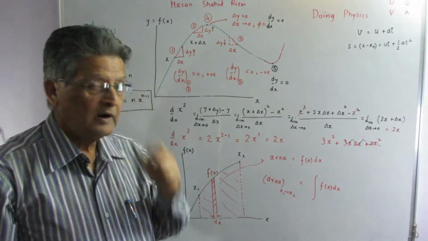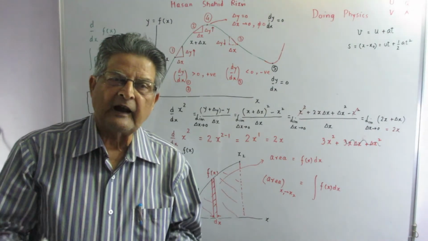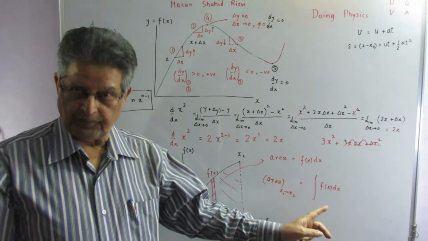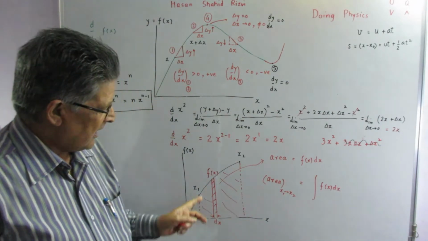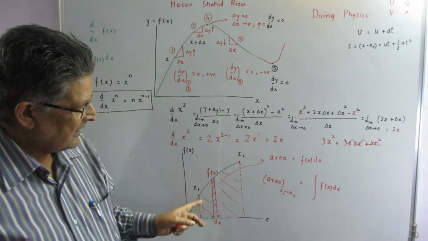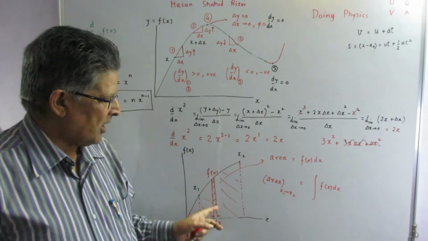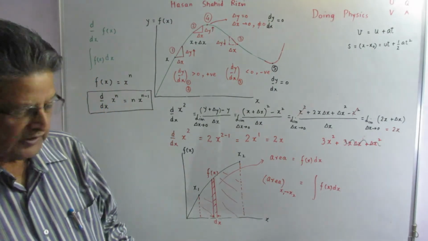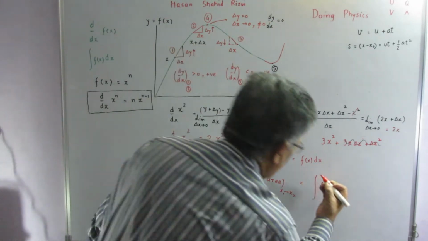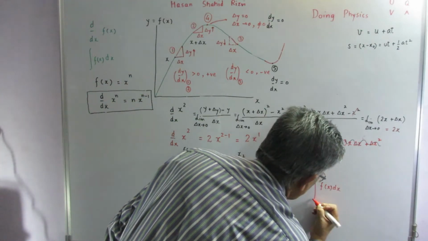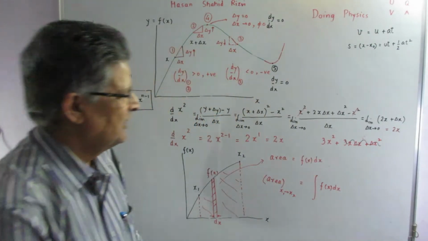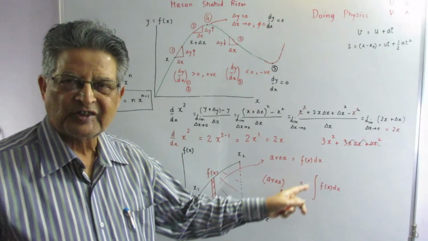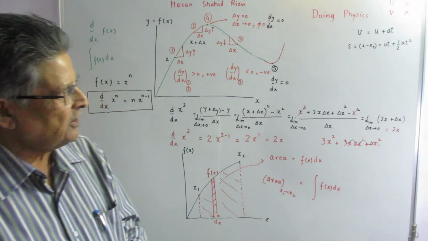I have added and added and added. That is, I have summed up all these infinitesimally small areas, and that is why I was told that this elongated symbol of integration is nothing but summation, because summation is also used